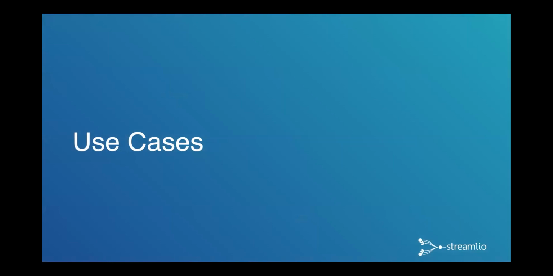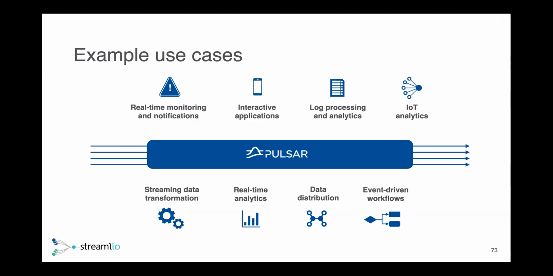Just finally wrap up of some of these. Okay, so we introduced the technology, some of the differentiators. Let's get into some of the example different use cases of what we've seen people do and people are continuing to do. Again, I alluded to it kind of in the first section, and we'll just cover it again or bring it back up. Real-time monitoring and notifications, interactive applications, particularly for mobile devices, log processing and analytics, which is a big one for us at Splunk. It's also used for IoT analytics.